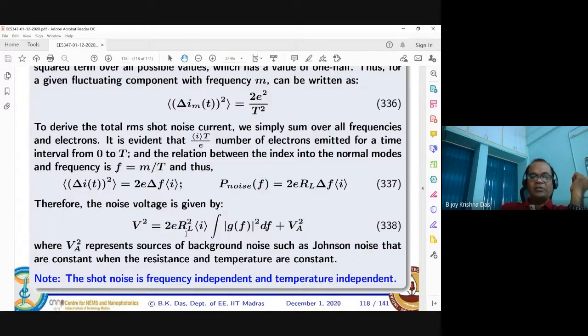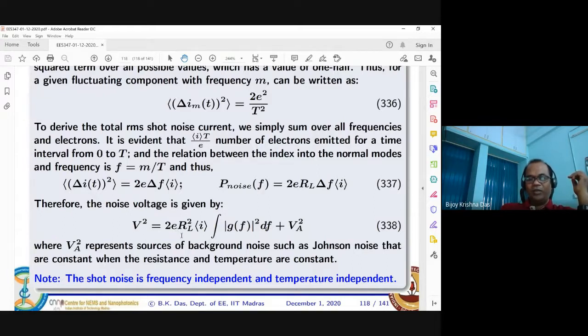But of course, this noise depends on how much load resistance you are using. That is very important. Lower load resistance means you can reduce this V square. Lower mean current means your intensity is dropping, and that means this shot noise will be dropping. And load resistance, as I said, is dropping. But since they cannot be completely zero to measure anything, it is ultimately limited by the e value here.